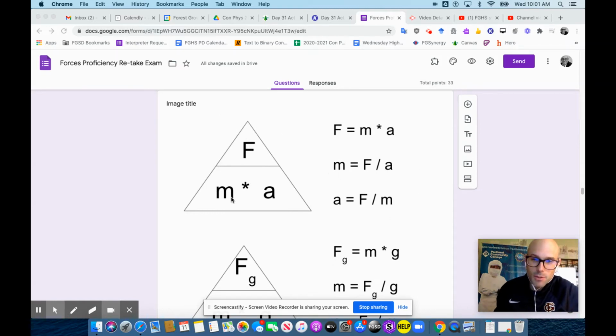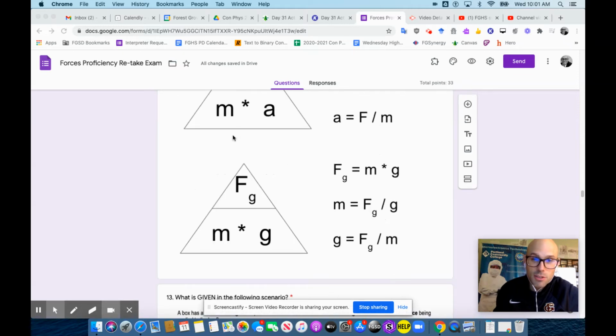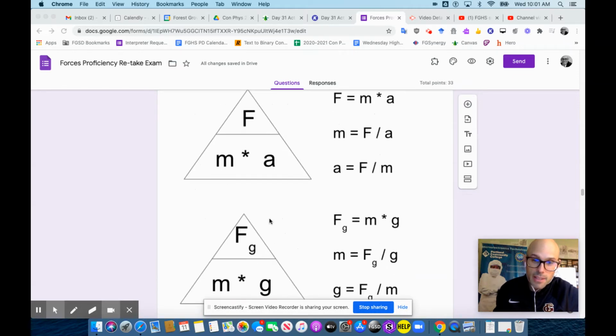We also have force equals mass times acceleration. Hey, these two things are the same thing, okay? This is just a special case down here where the acceleration due to gravity is used. This one's used for weight. And this is the equation that's also down here. This is just a special case where we tell you what the things are. Okay, so